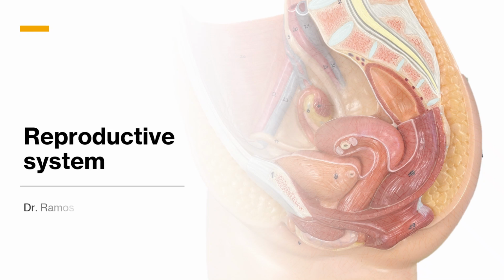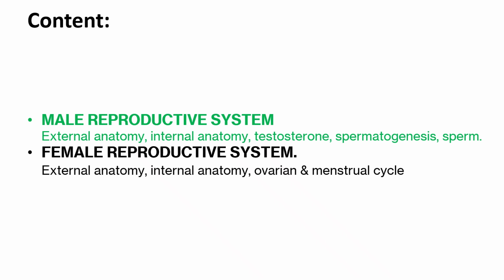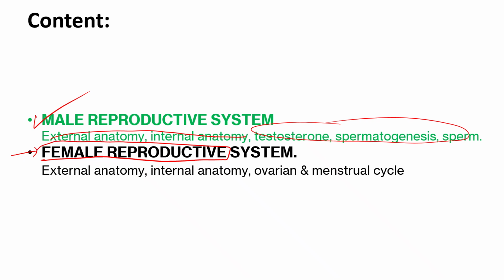Everybody, welcome back to part two of the reproductive system. So in part one, we learned about the male reproductive system. We covered the macroscopic anatomy, microscopic anatomy. Now we're going to learn all about the female reproductive system, and we're going to follow the same process of learning. We're going to start with the macroscopic anatomy, and then we're going to learn the small microscopic anatomy with